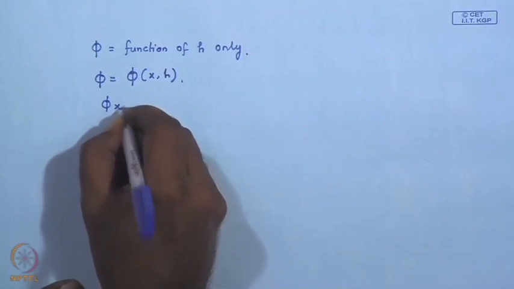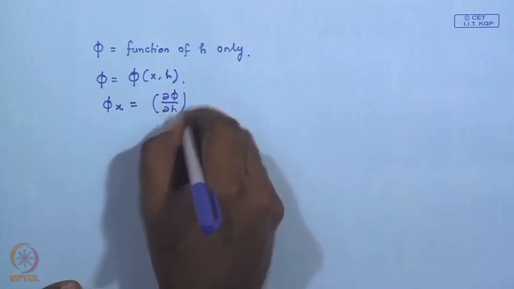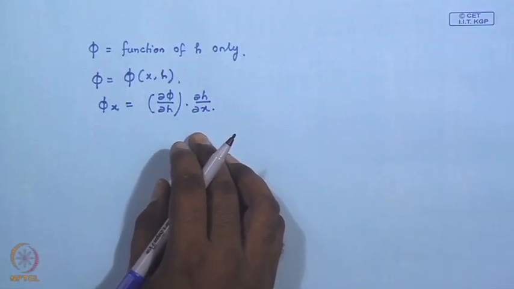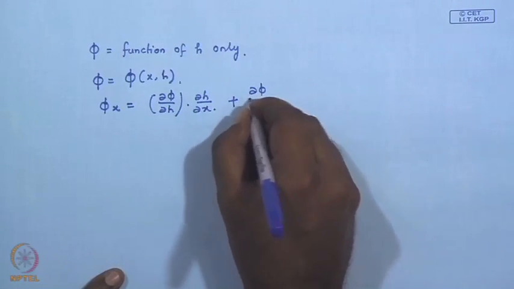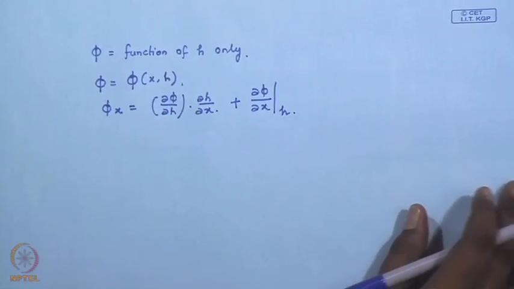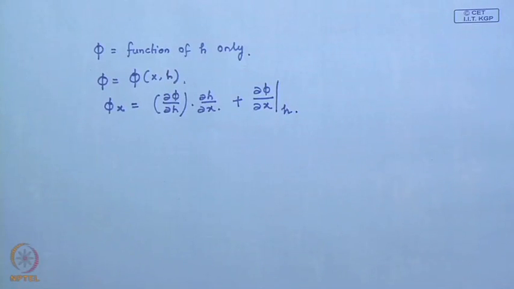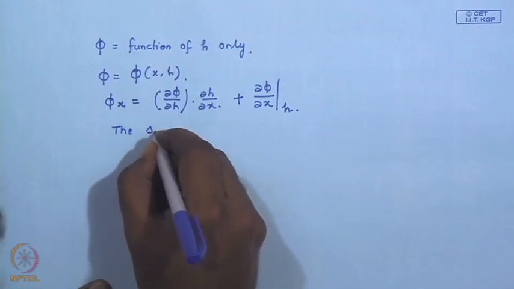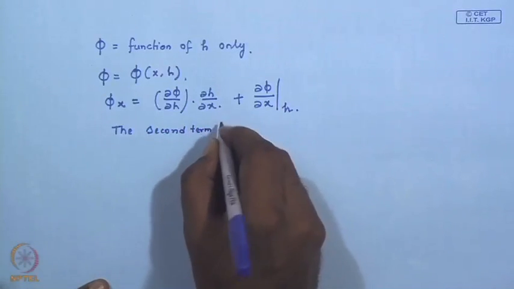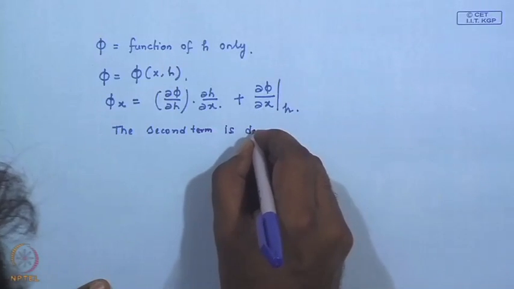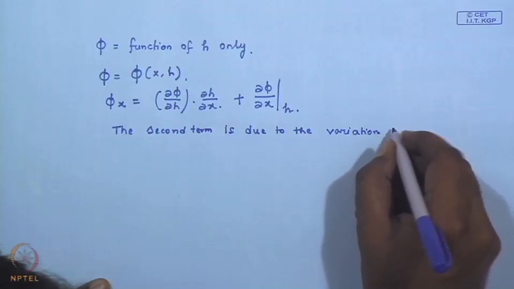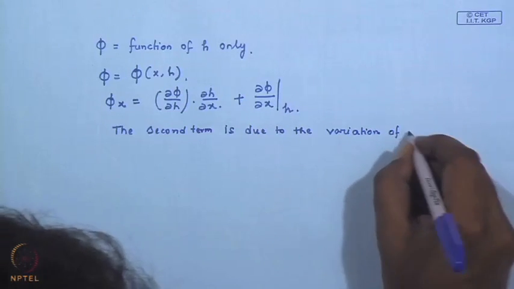Therefore, this term phi x now becomes, which was this, we had while doing the linear stability analysis, we used phi x as del phi del H into del H del x, but now there is an additional term present, which is del phi del x evaluated at any specific H. In other words, this particular term represents the second term, which is due to the variation in potential, the in-plane variation of potential